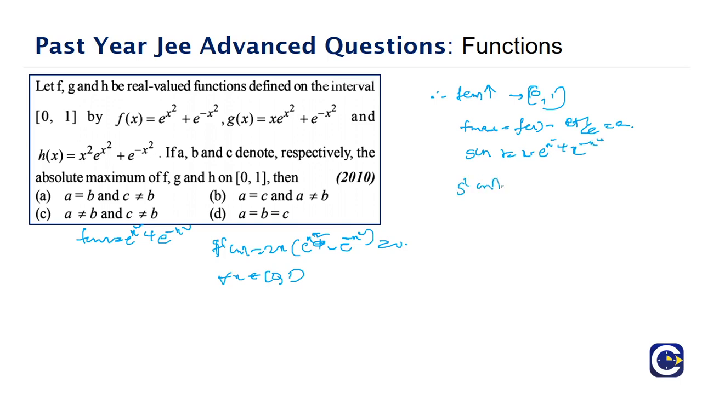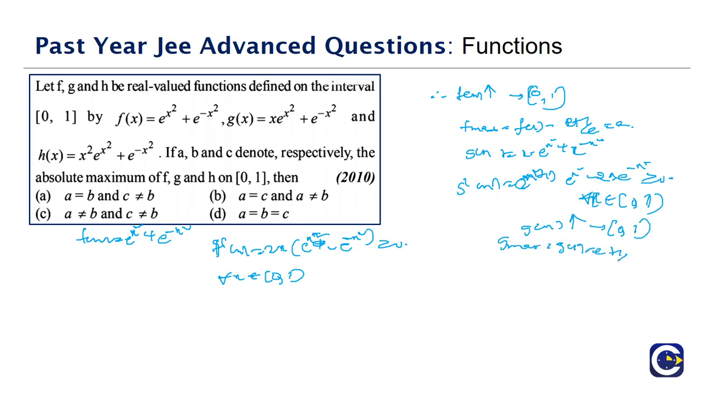So g dash of x is nothing but (2x square plus 1) into e power x square minus 2x into e power minus x square, which is greater than or equal to 0 for all x belongs to [0, 1]. So g of x is increasing in [0, 1]. So g max is nothing but g of 1, which is e plus 1 by e, which is equal to